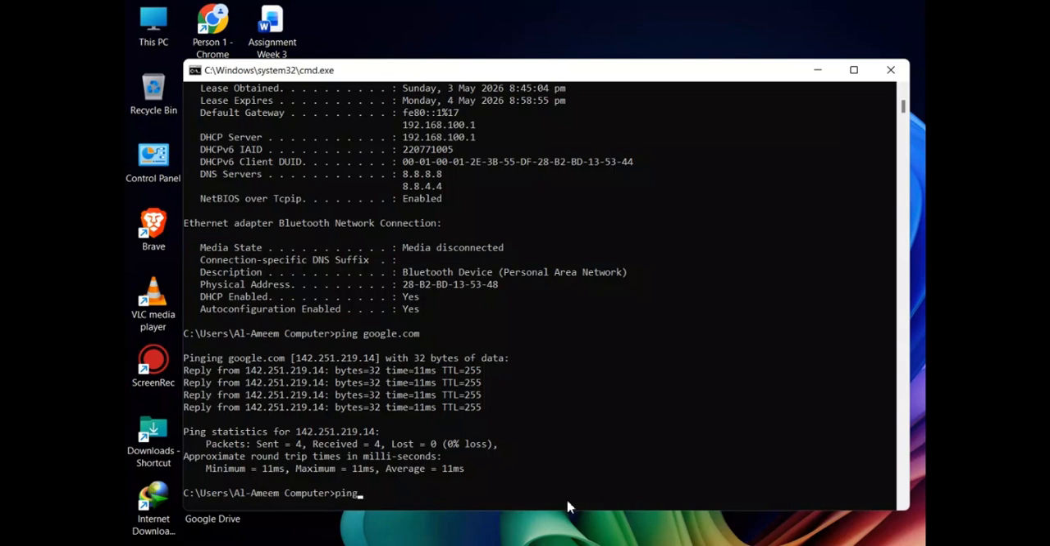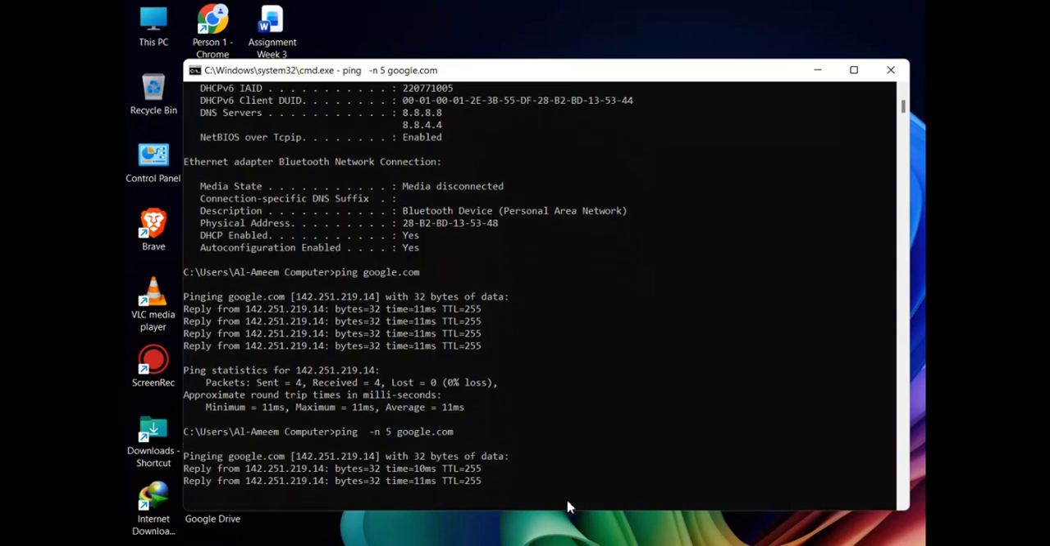Okay, let's type the command ping -n 5 google.com. Okay, hit enter. As you can see,